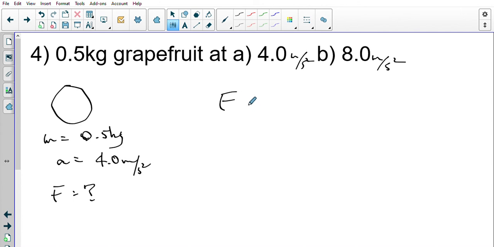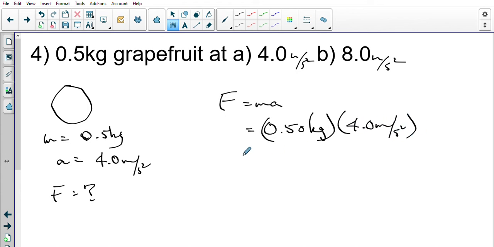All right, so we just have F is equal to ma. And so we'll have 0.50 kilograms times our first acceleration, which is 4.0 meters per second squared. 0.5 times 4, that's equal to 2. Oh, sorry, 2 newtons. That's the force that is required, the accelerating force required to accelerate our grapefruit at 4